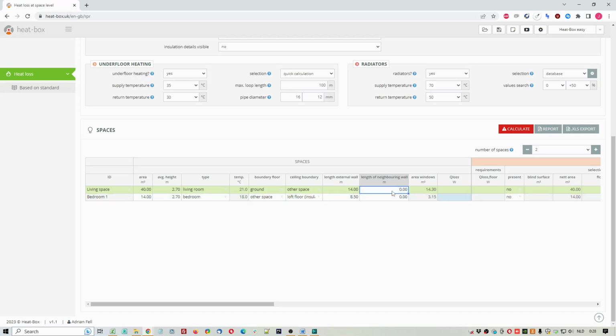In this example, we are making a calculation for a detached building, so for the length of the neighboring walls we enter 0. The surface areas of the windows are automatically estimated for an average house, based on the size of the rooms and the type of room. If you want to make a quick calculation, you can leave these values as they are, but you can also adjust them manually. We then click on the Calculate button, and we see that we need